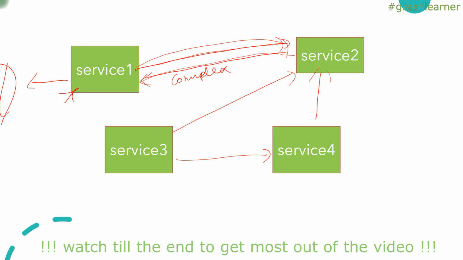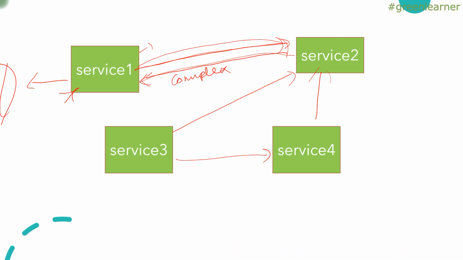So one thing can be, along with the content that it is sending, it can send some flag, right? So that the client can know that the content is not modified and does not have to process that request. The processed content, you already have it, right? So this is the problem.